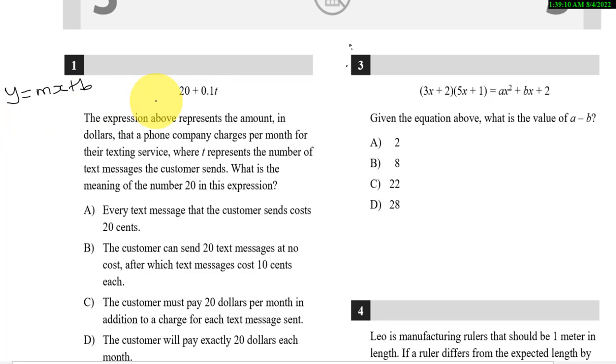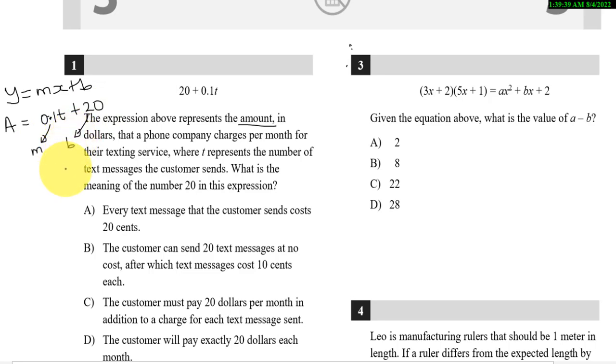So the equation we have is 20 + 0.1t. If we consider the amount as capital A, then A = 0.1t + 20. As you can see here, the 0.1 is our slope m and the 20 is our